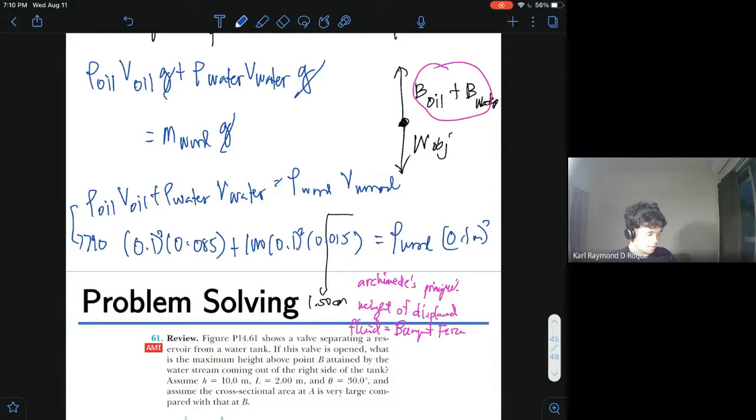Hindi 115 kilos eh. Less than 1 kilo dapat yung sagot. Cube. Ayun! I found it. Ang sagot is 821.5 kilogram per cubic meter. And yung mass is rho times V. So multiply by 0.1 cube, you will get